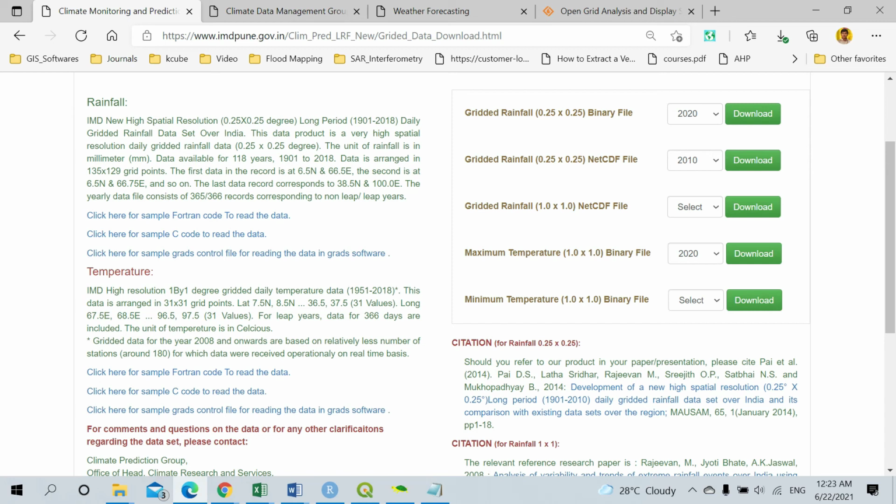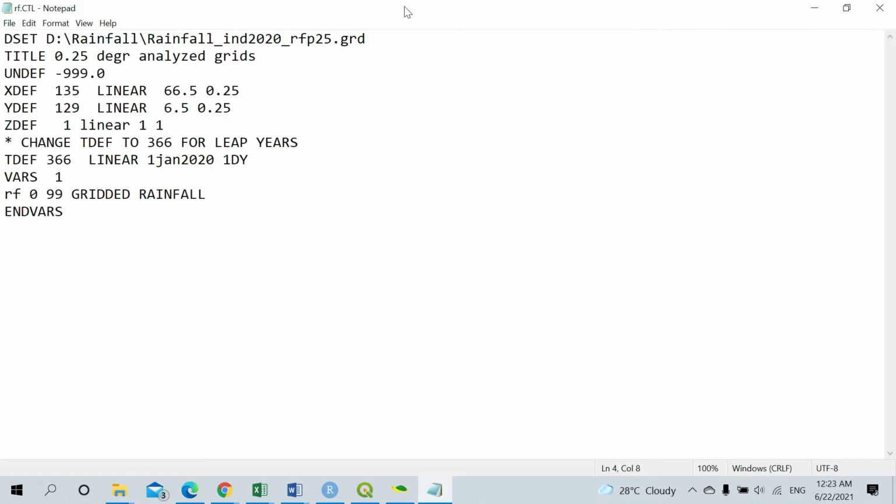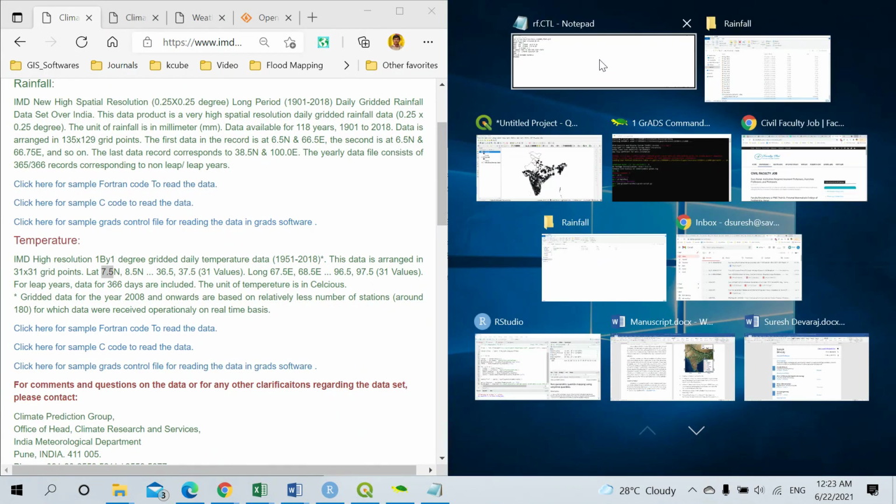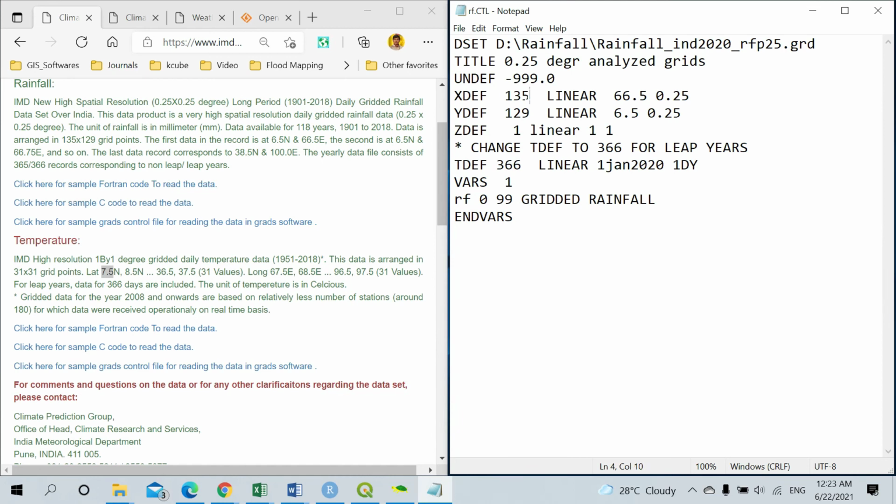And you can find the degree latitude. You have to change the latitude, and I'll give an example of how you have to change it for the temperature data. So this will become 31 into 31, and this will become 1 degree, and your longitude starts at 67.5 and your latitude starts at 7.5.